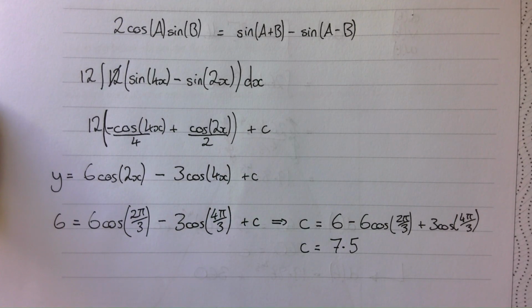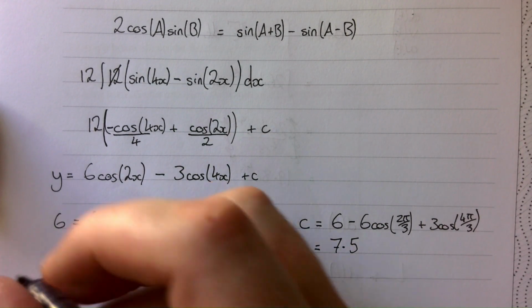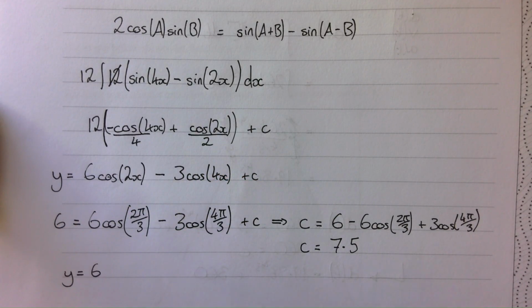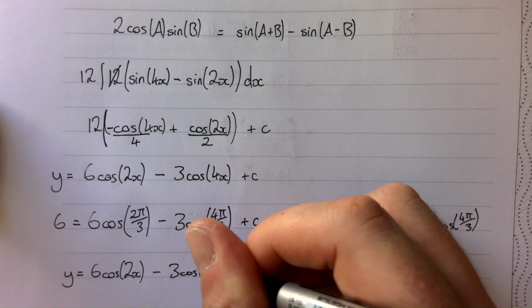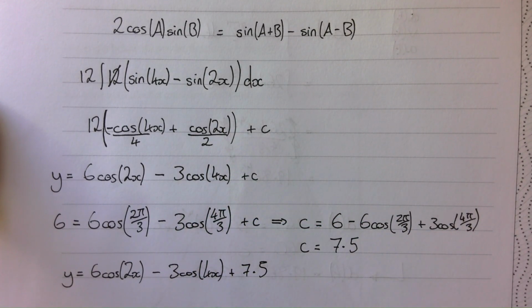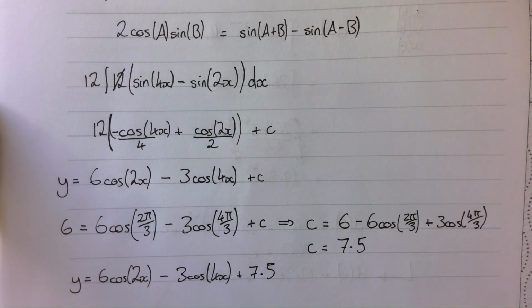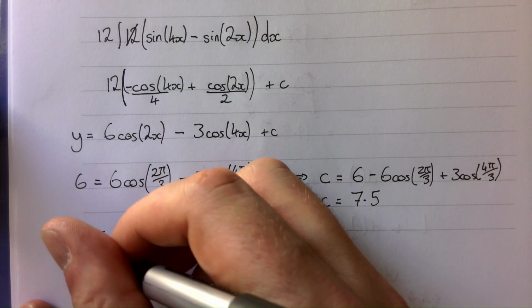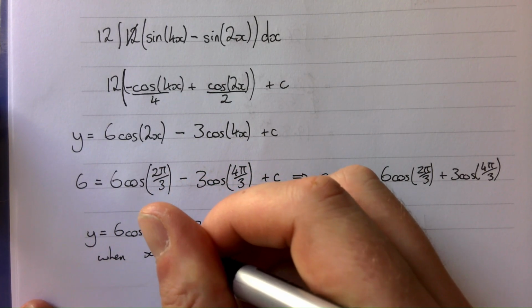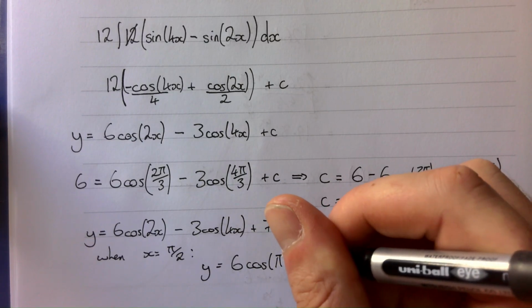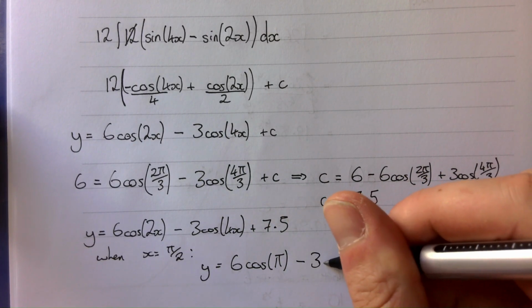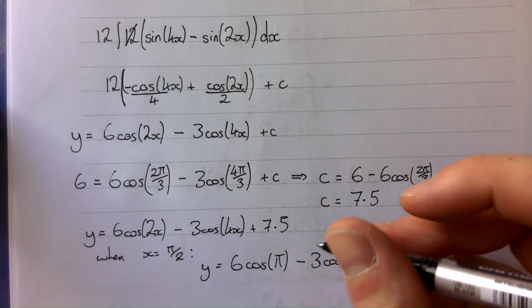Now that we have our constant of integration, I'm just going to rewrite the full expression with it included, just because that sometimes can be the requirement for a merit mark. 6 cosine 2x minus 3 cosine 4x plus 7.5. Now the question wanted us to find the value of y when x is equal to pi over 2. So now we're going to substitute when x is equal to pi over 2, y is equal to 6 cosine pi over 2 multiplied by 2 is pi, minus 3 cosine 4 pi divided by 2 is 2 pi,